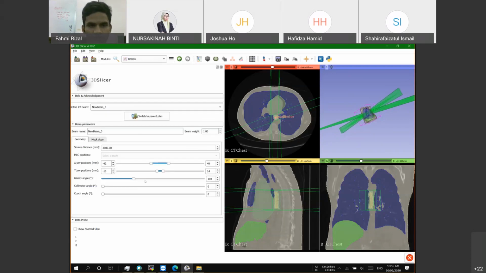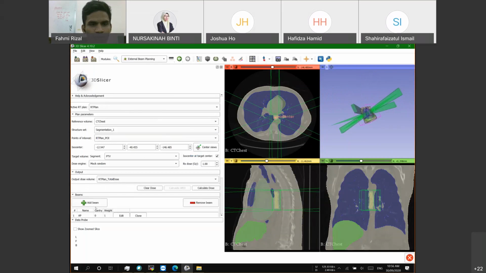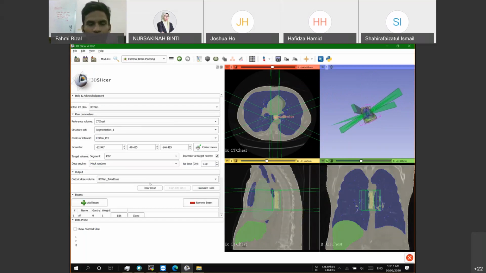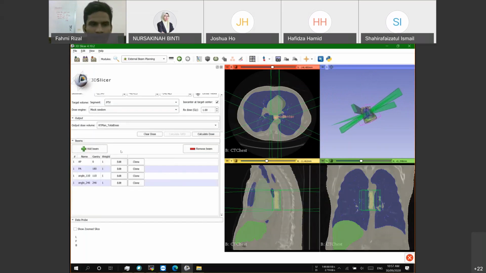So this one is angle, okay, angle two. After you finish all the beams,